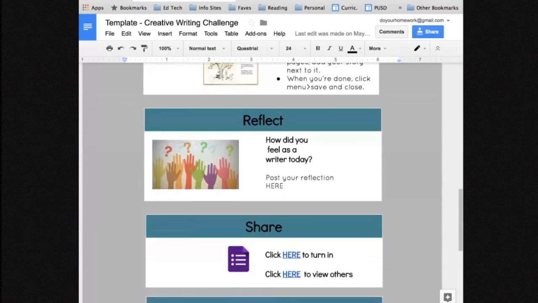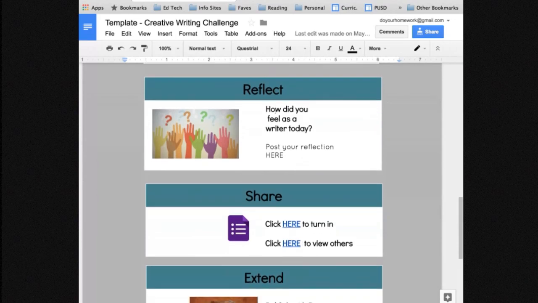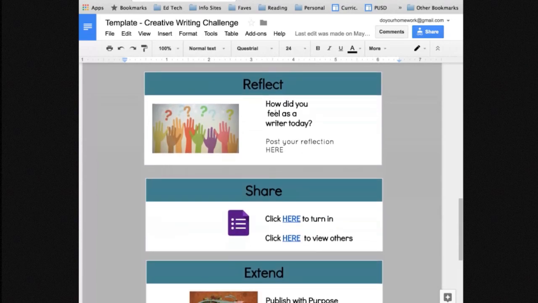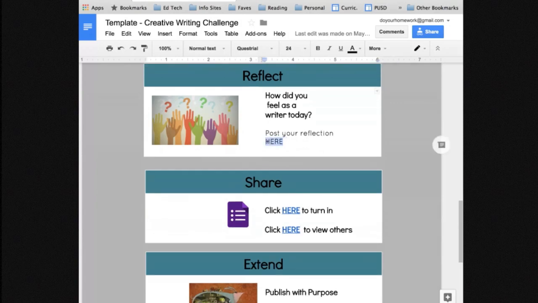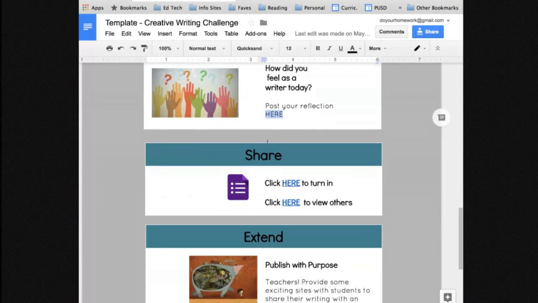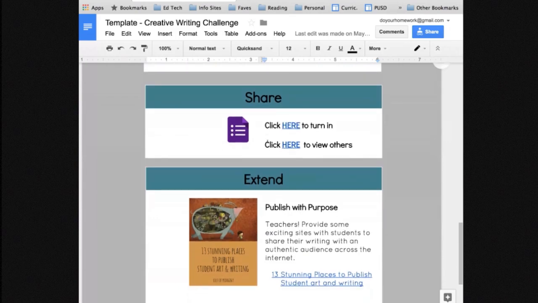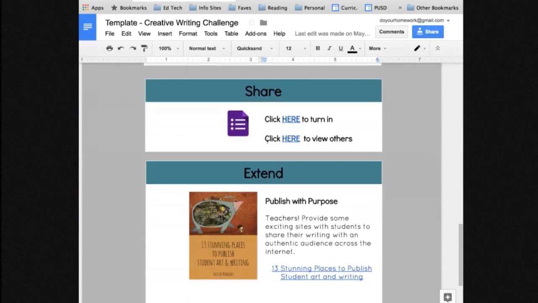And we're always asking ourselves, what can we do now that we couldn't do before? That helps to push us to make sure that the Hyperdocs lessons that we create are reaching higher levels of transformation and not just staying in that substitution or augmentation level. Here's a reflection opportunity. How did you feel as a writer today? And they can post their reflection here, whether it's Padlet or Answer Garden or many of the other tools that get kids to sit and all have a voice. We really believe in using technology to raise the voice of all students in our classrooms who might not have raised their hand